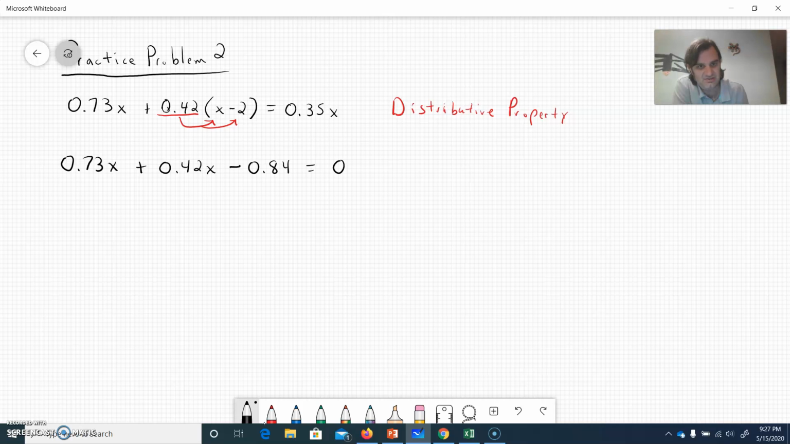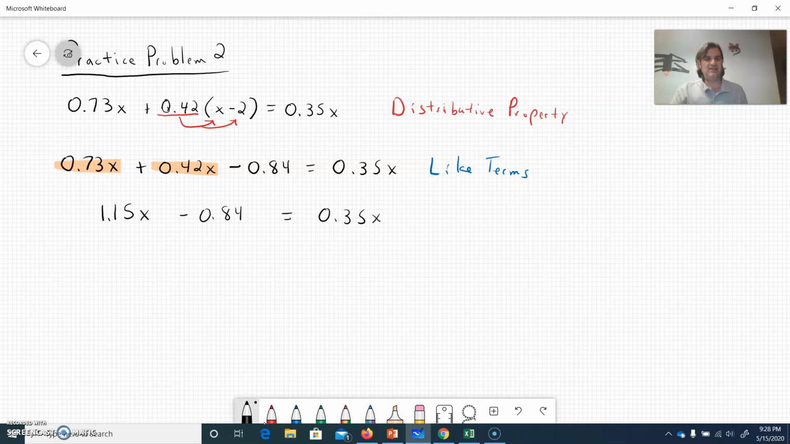And that'll be equal to 0.35x. So I've got a lot of x's floating around here, but after all the parentheses are gone, I'm able to move things around. But first thing I like to do is collect like terms. I notice that on the left-hand side, I have this 0.73x and 0.42x. And feel free to pick up a calculator. 0.73 plus 0.42, 1.15x minus 0.84